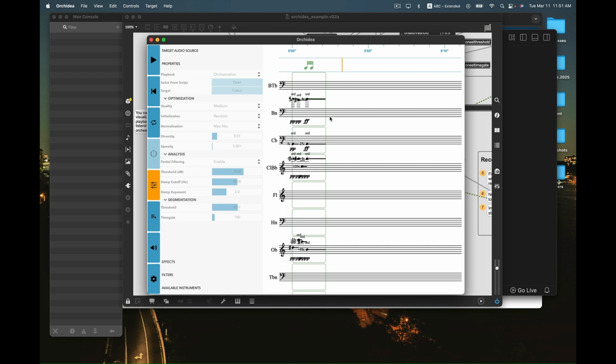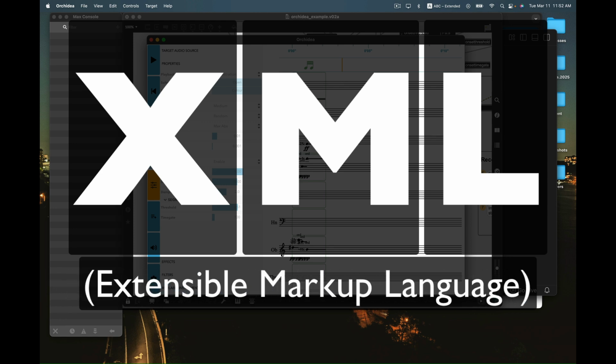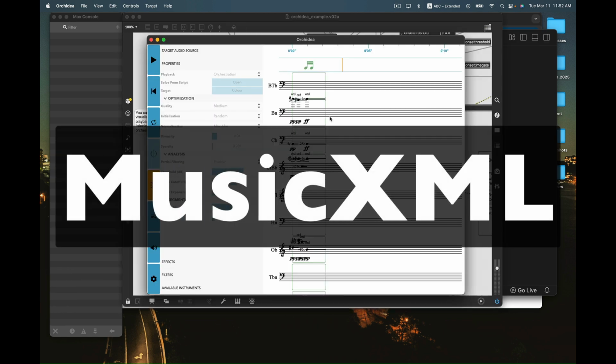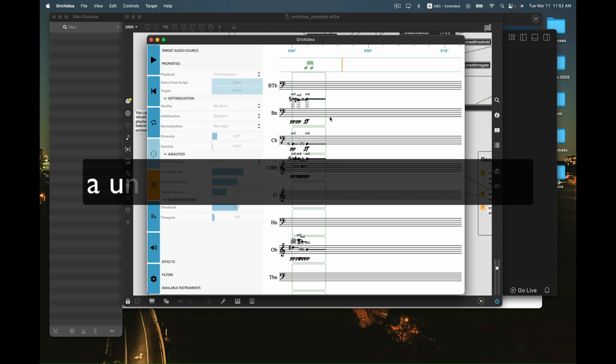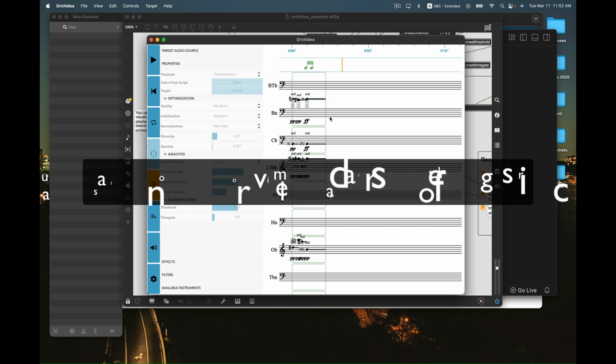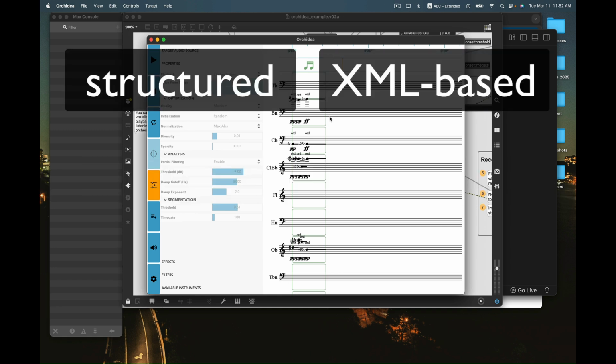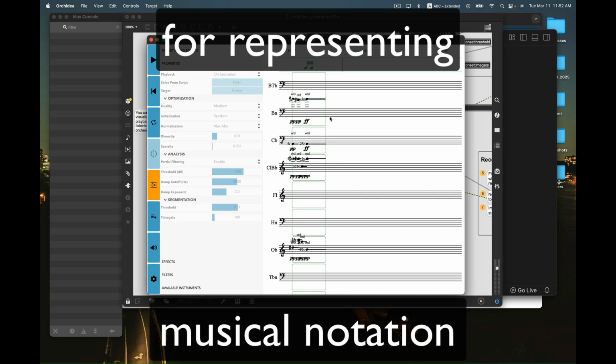And so today we're going to concentrate on the idea of a new format to exchange and transfer data between music notation programs called XML, or in our case, a specialized syntax of that called MusicXML. We think of it as a kind of universal format for digital scores. MusicXML stands for Musical Extensible Markup Language. It's a structured XML-based file format, and it's designed for representing musical notation in a way that is both human-readable